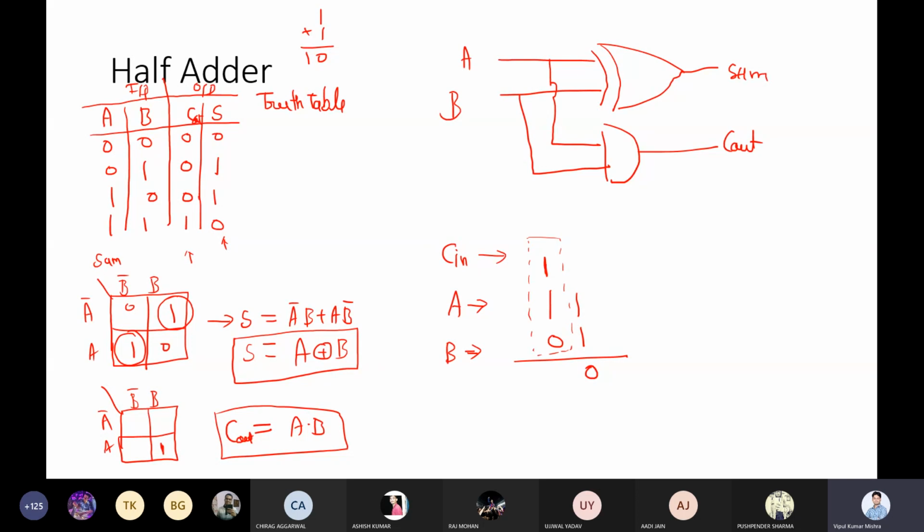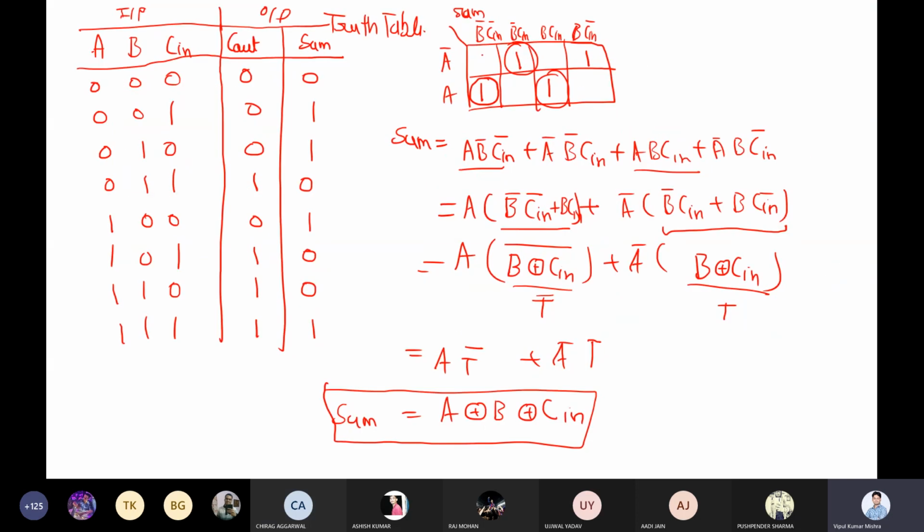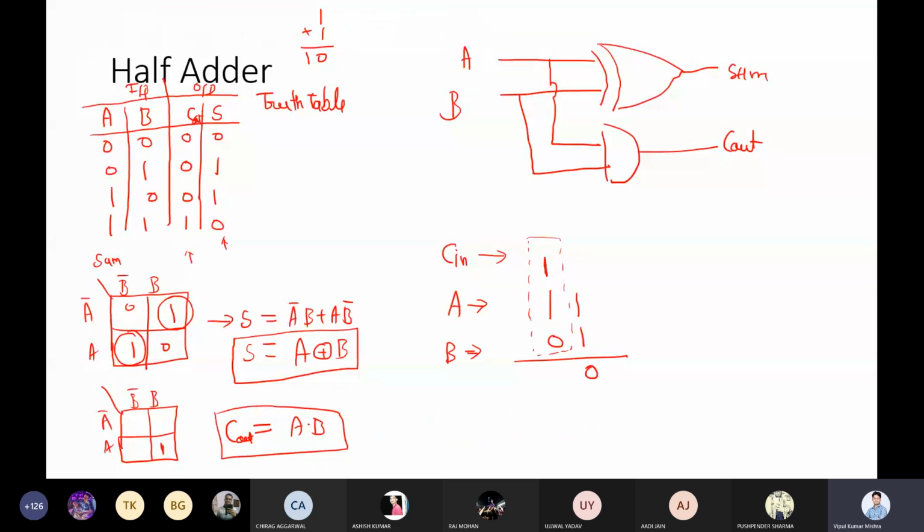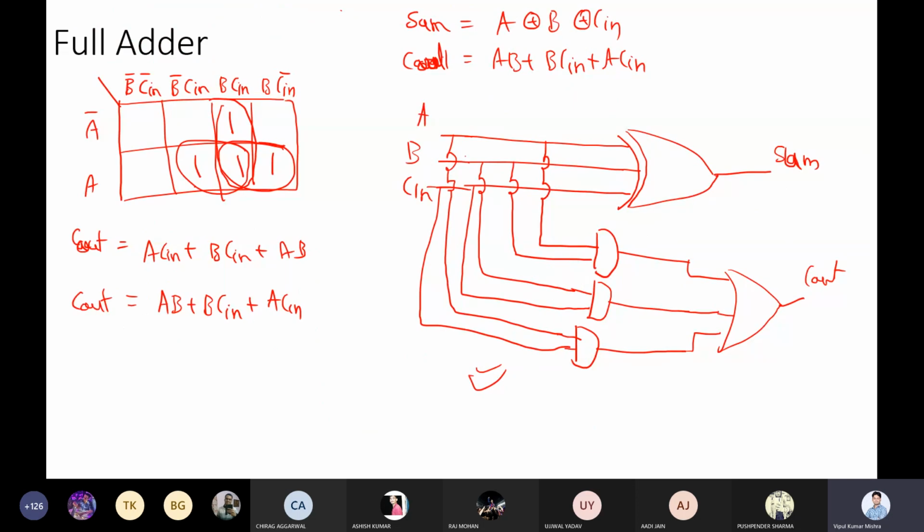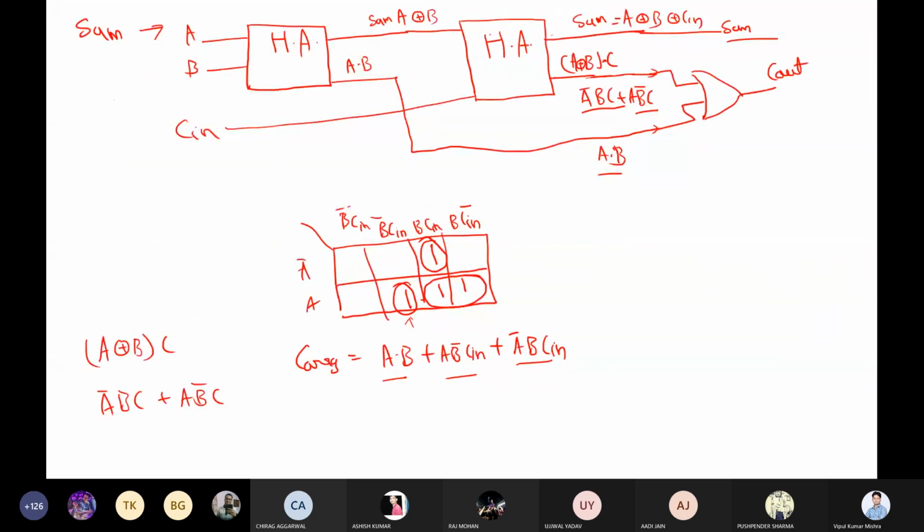Why is this a half adder? Because it doesn't take care of the carry. But a full adder takes care of the carry as well. If some carry is coming from the previous addition, then the full adder is able to take care of that. But in the case of a half adder, we do not have a mechanism to take care of the previous carry. Getting? So that's why that is known as a full adder. Any doubt till this point, anyone?